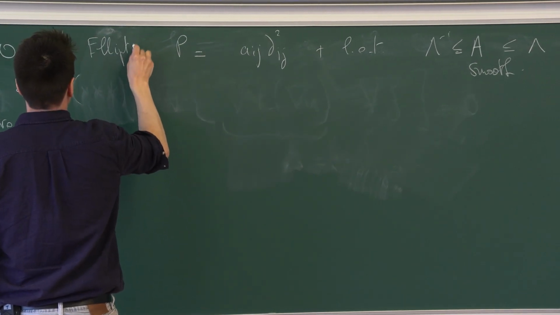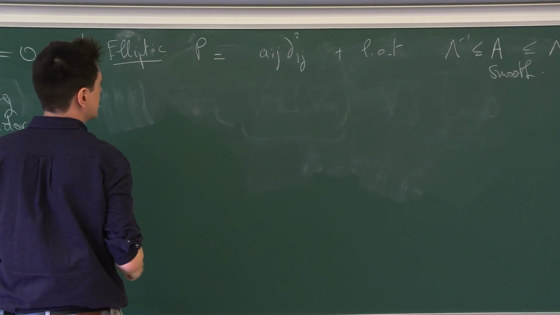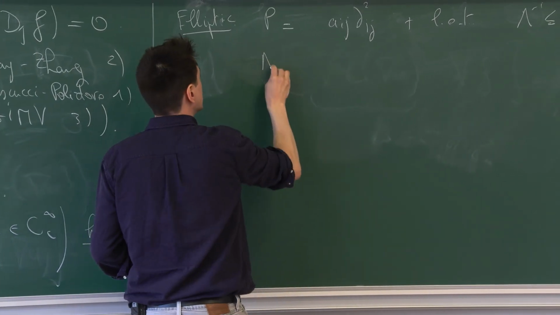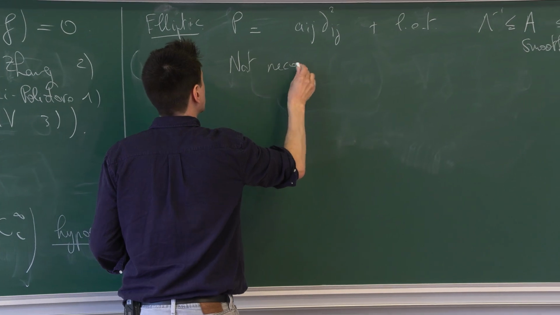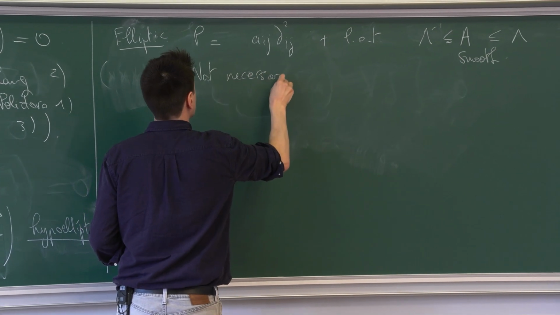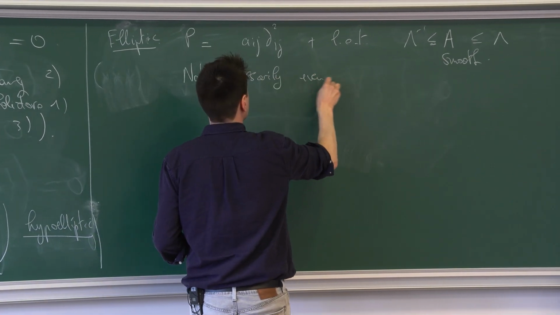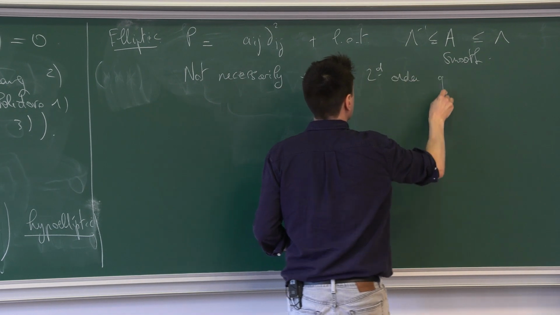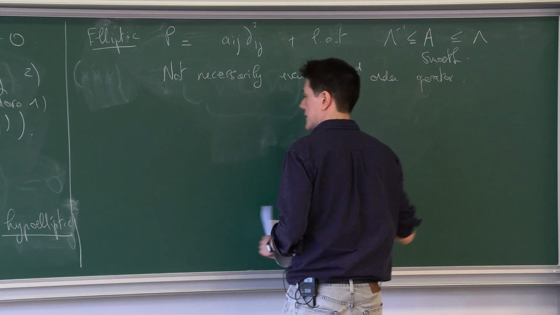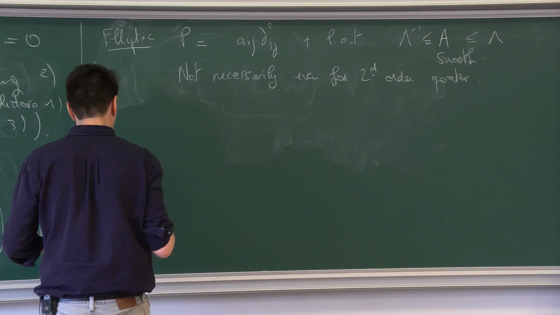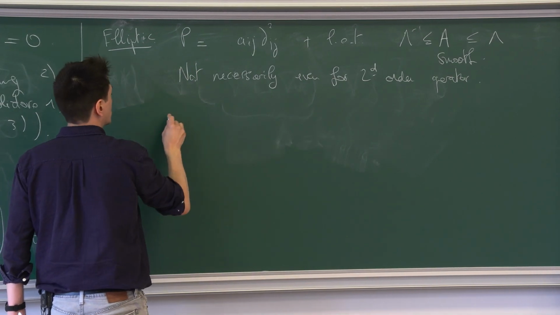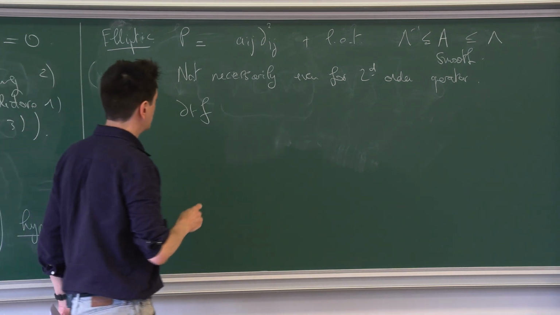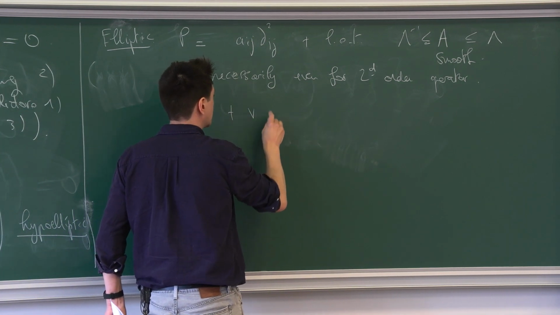And the starting point of the paper of Hörmander is to say that this is sufficient, but it's not necessary, even for a second order operator. The example he gives is the example of Kolmogorov, 1934. I will write it as a PDE analysis, and then I will give the stochastic interpretation, which is more or less trivial.